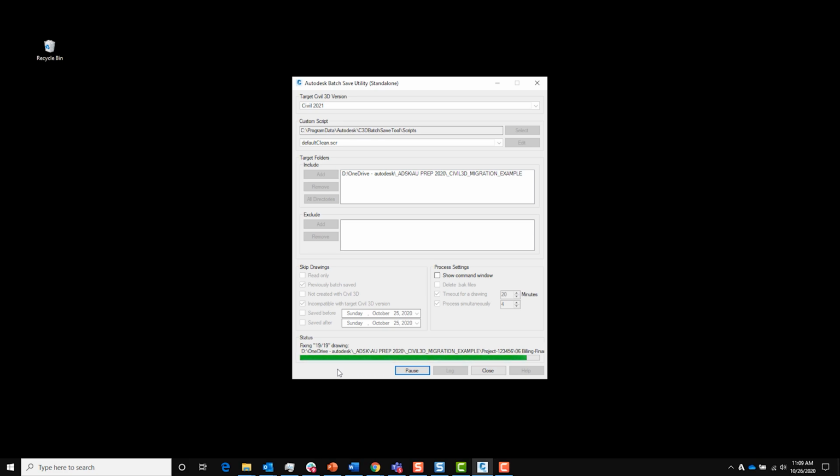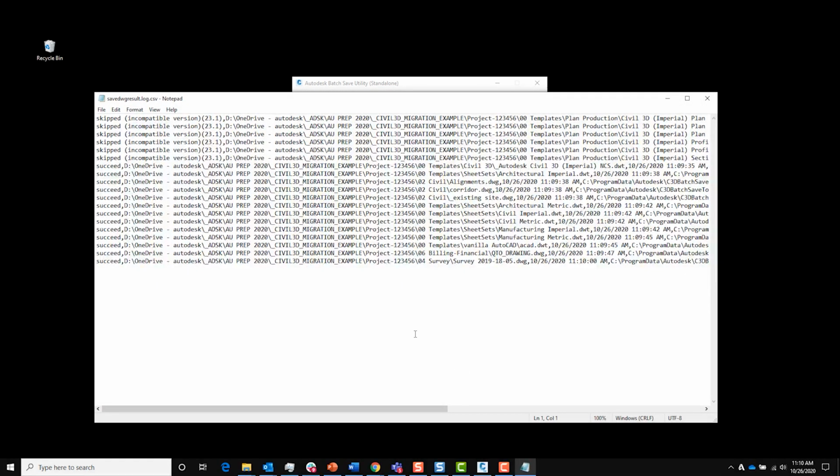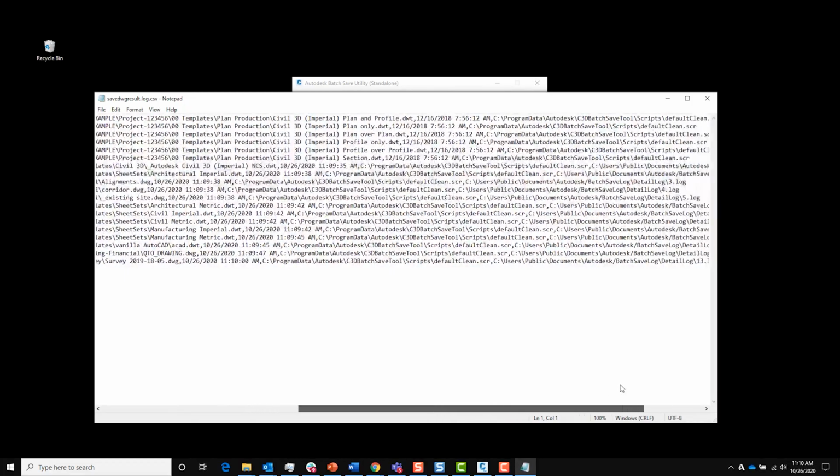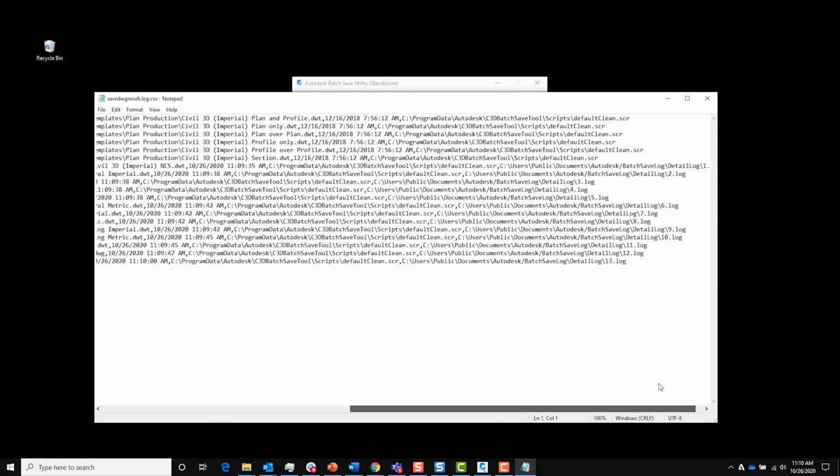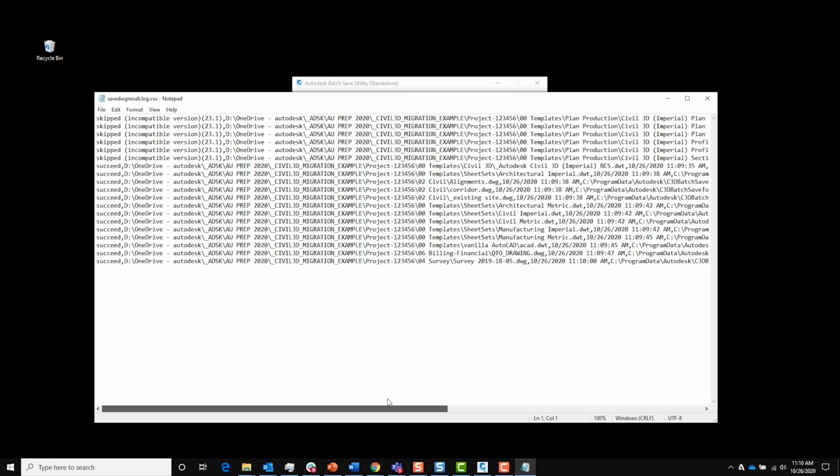What's happening in the background here is AutoCAD's actually launching what we call a headless version of AutoCAD, or the AEC Core Console. If I was going to open the Task Manager, I would see that Core Console running. Okay, so it looks like 13 drawings saved, 6 drawings skipped. Let's take a look at the log, and it'll tell us what happened and why. So incompatible versions, it looks like we have. Okay, and those are those template files. And it looks like the rest were a success.